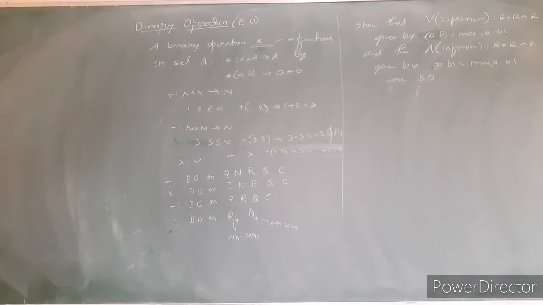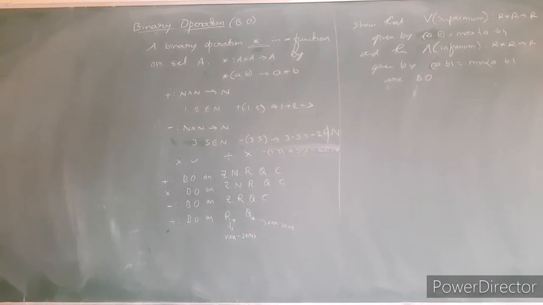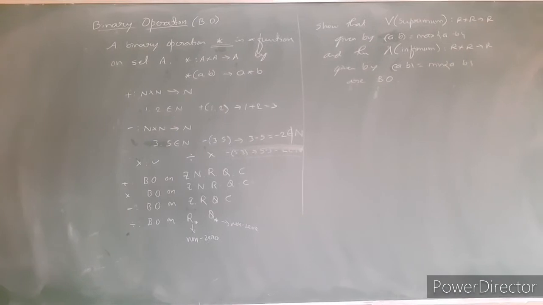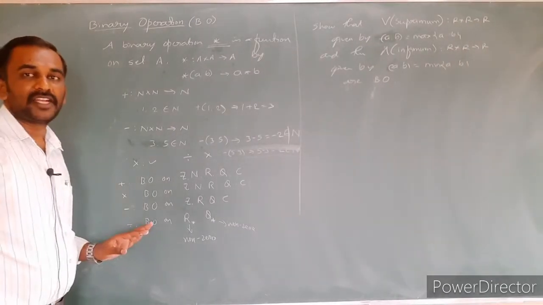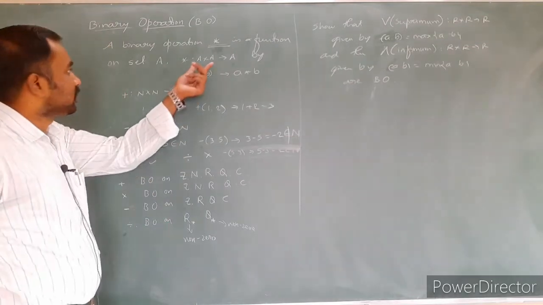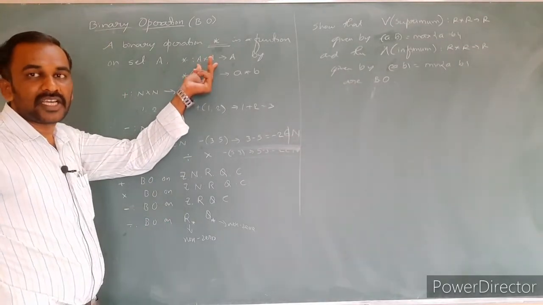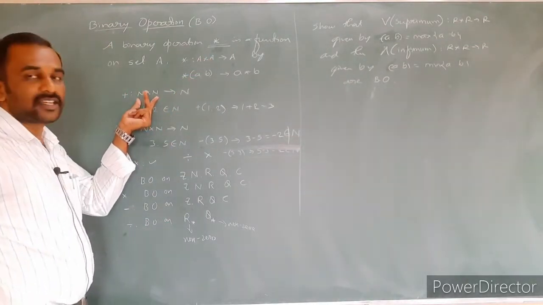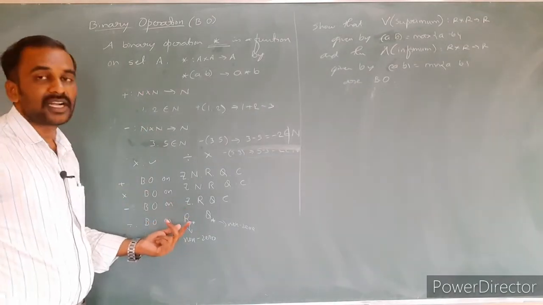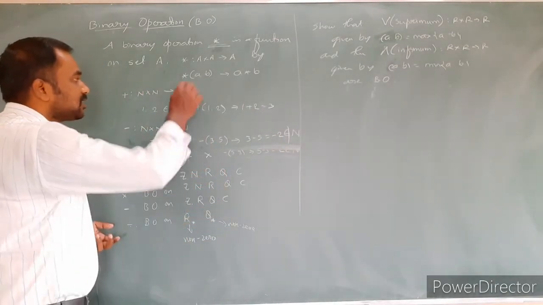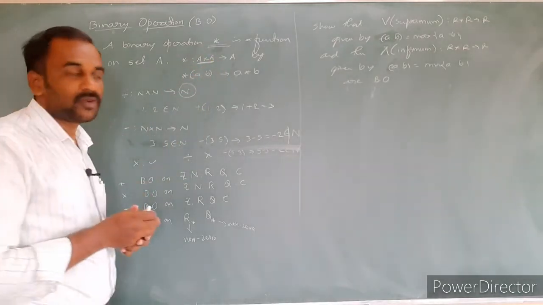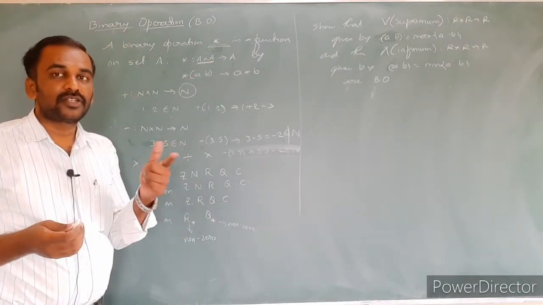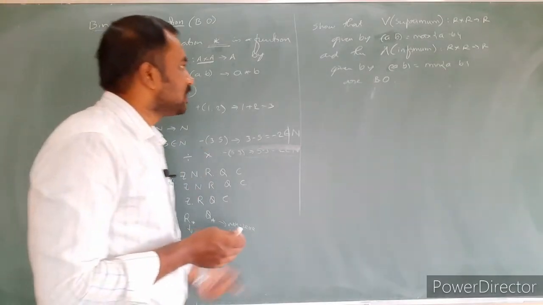You already know how to prove that it is an infimum, and how to check whether it is a binary operation or not. The domain set is the Cartesian product A cross A, R cross R, N cross N, Z cross Z, and the codomain set is only the set A. Here, ordered pairs from A cross A will be present because I need to operate on two elements, that's why.